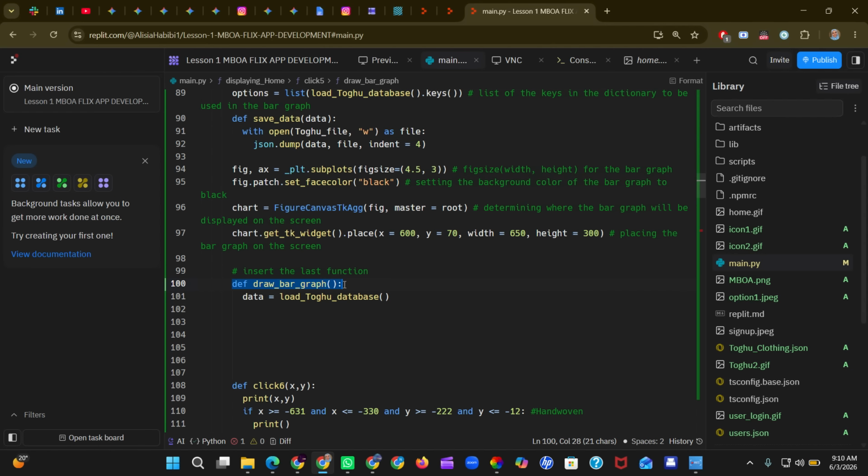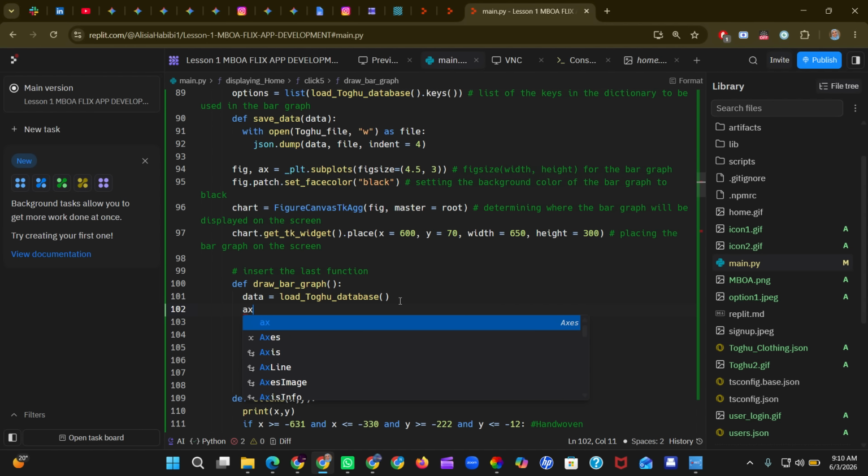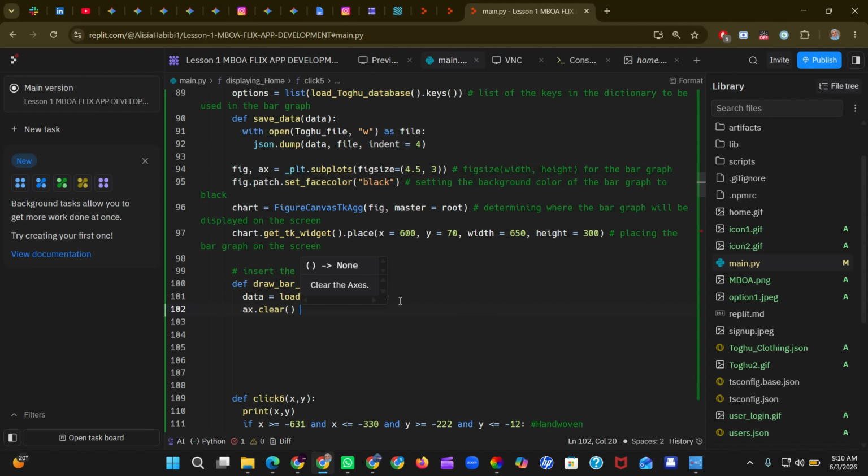Go back to this line again. And the next line is going to be ax.clear. And if you're wondering what ax.clear, with parentheses by the way,